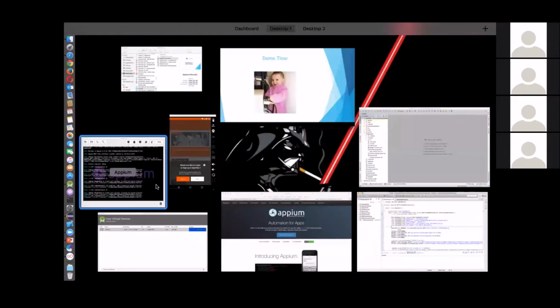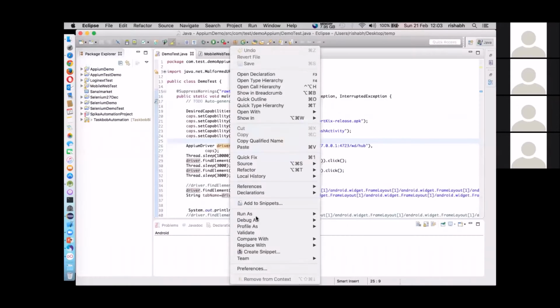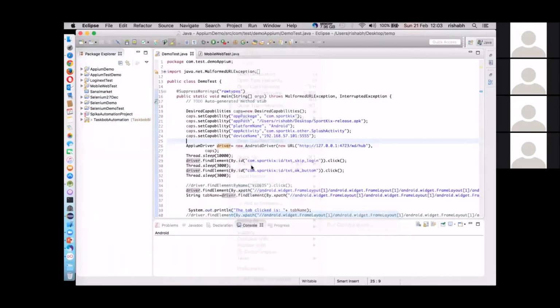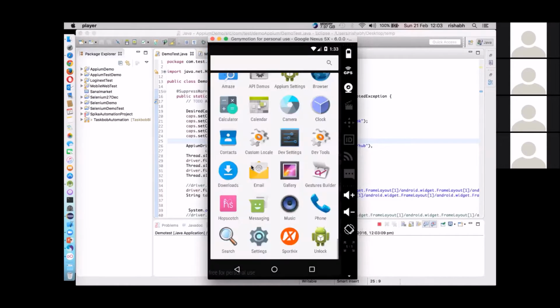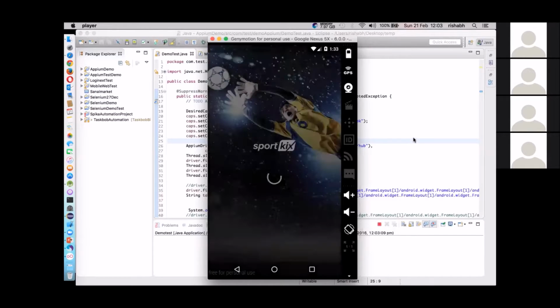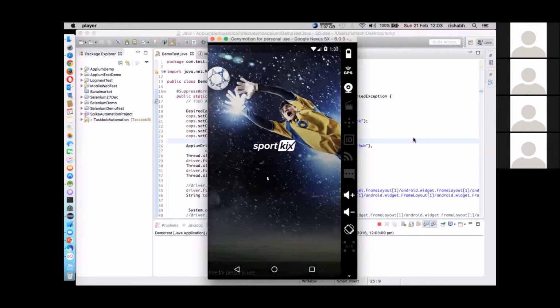So let's, okay, I will just run it as a Java application, and if it goes well, it will stop this application and restart it. You can see it has uninstalled it. It will reinstall it. Now the application has been reinstalled and it has started the application.